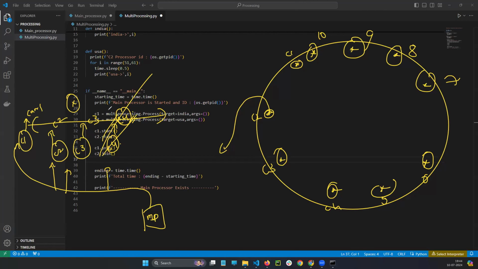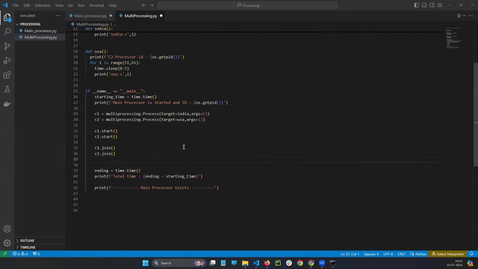Yes or no, guys? You tell me, which one is the best option? Giving everything to one CPU means, see, camera one is coming, and after 2 hours, once camera one completes, camera two will come, then camera three. So it is not possible. At a time, everything will come. All the cameras will be running at a time. So what I am going to use here is multiprocessing, for real time. I'm telling you, in any application, processing and threading is very important.